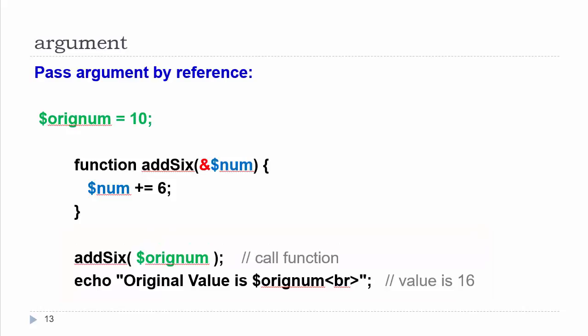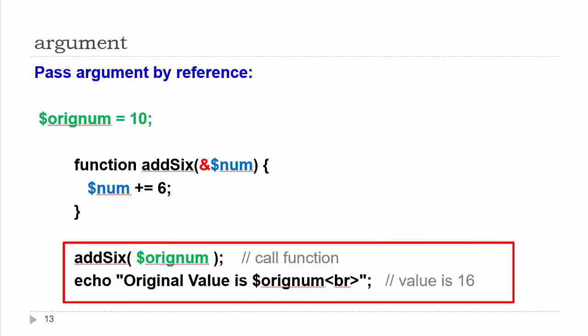To pass an argument by reference, you need to tell PHP you are doing that. And how you do that is to place an ampersand in front of the parameter, as we see here. This is the same scenario with the original variable being set to have a value of 10. It is a different function called add6. We are now adding 6 to the number that is passed. However, because we added 6 to that number, the original value is now 16 because it was passed by reference,